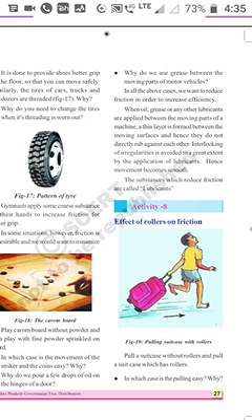In all the above cases, we want to reduce friction in order to increase efficiency. Efficiency means good work. To get good work from the vehicles, we need to use the grease. When oil, grease or any other lubricants are applied between the moving parts of a machine, a thin layer is formed between the moving surfaces and hence they do not directly rub against each other.